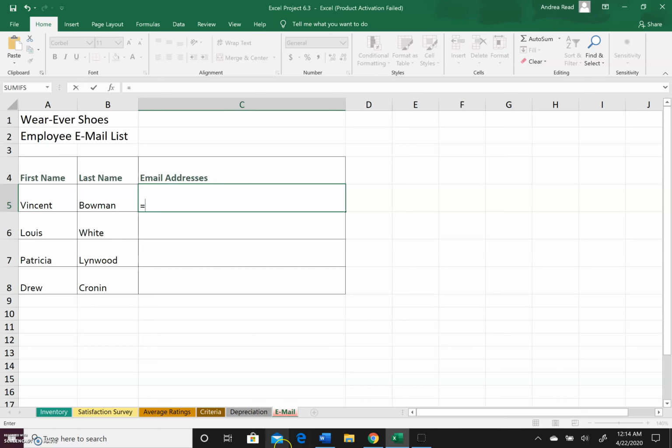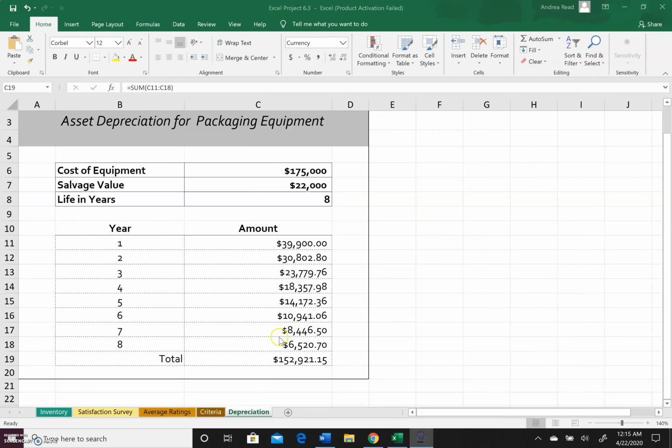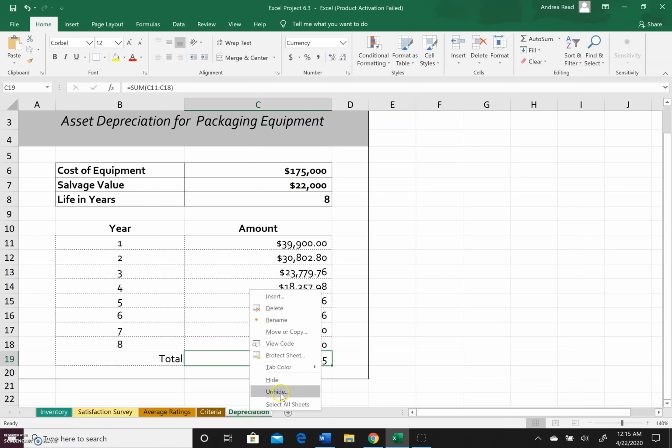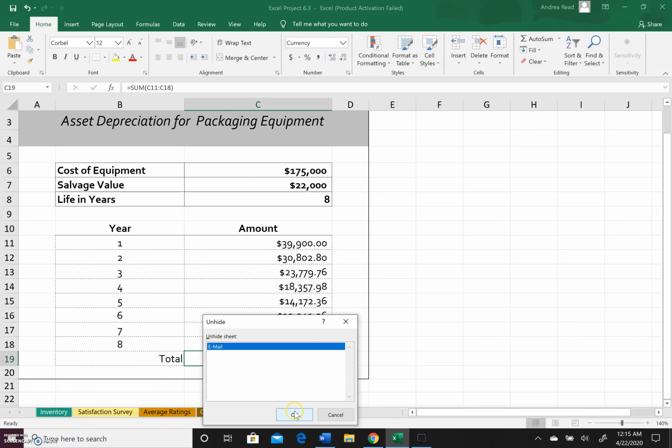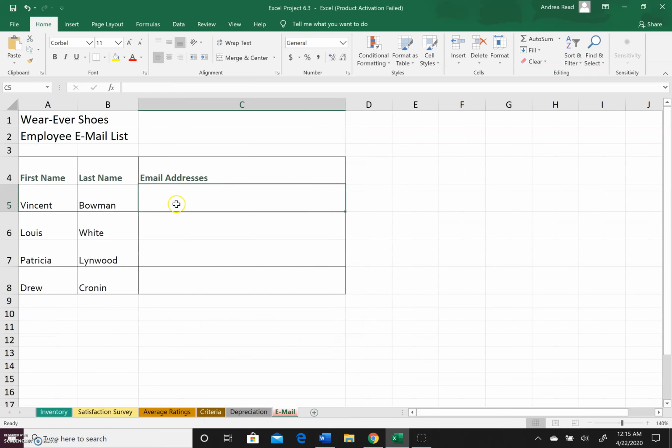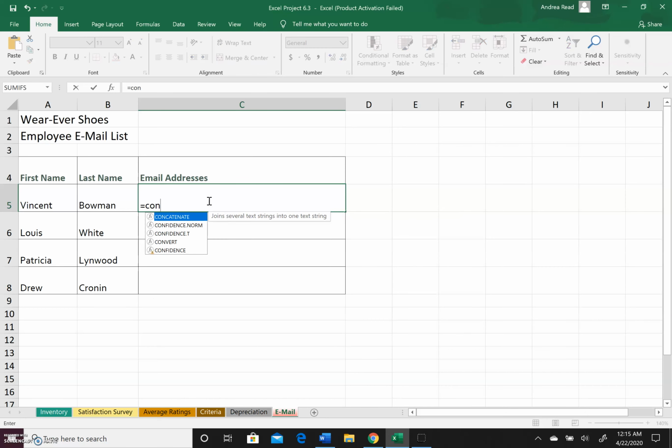So we're going to start typing it out. Okay, so let me go ahead and repeat that. We're going to right click over top of a worksheet. We're going to select Unhide, and we're going to unhide this Email. Now that we're in here, we're going to use a function. It will take these two strings of text and join them together within an email address. Now the one we have to use is not available, the CONCAT. We need to use this one,